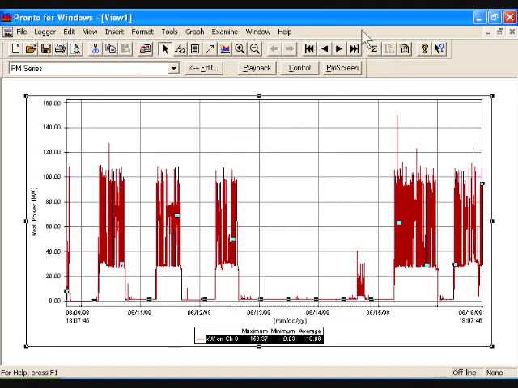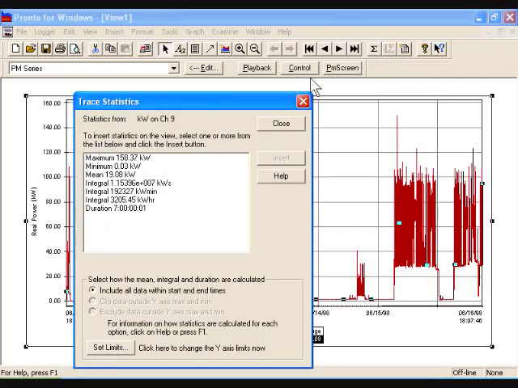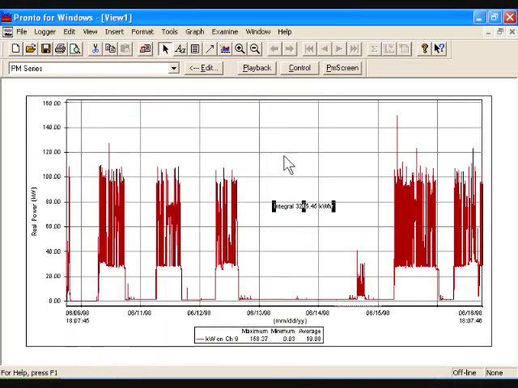And then you go up here to the Greek letter sigma again, which has now come out of shadow. You click on the sigma, and you'll notice right here it gives you the integration, which is the area below the curve. Remember, this is a rate. This is a demand of kW demand. It's not totalized kW. But right here in the trace statistics, we totalize the total kilowatt hours for the week,